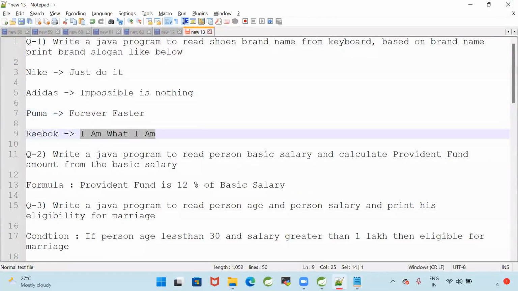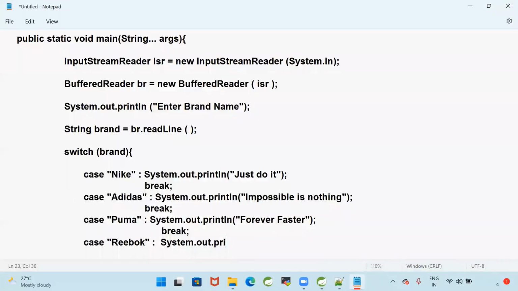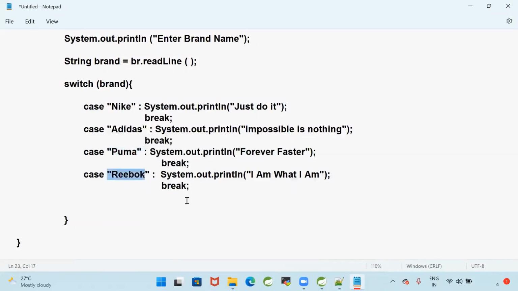System.out.println("I am what I am"); then do the break. Whatever brand name the user enters, if it is not Nike, not Adidas, not Puma, and not Reebok, then we need to write the default statement. What is that? System.out.println("No brand found");